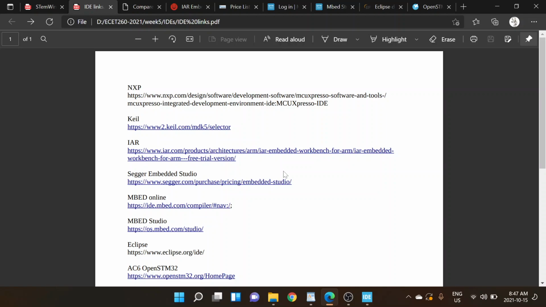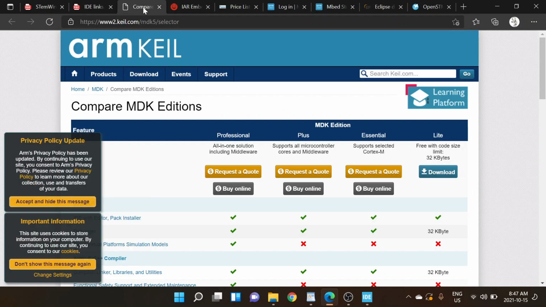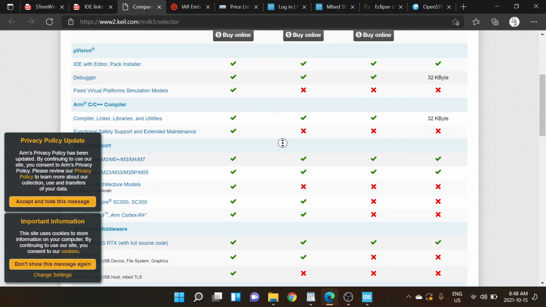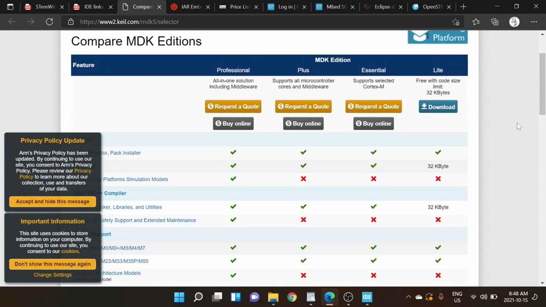And then you point Keil or AC6 or one of these other development environments at the generated code and use it to compile it. So they've given you choices. Keil is by the ARM people. And if you look at Keil, anytime they say just request a quote for prices, it's kind of expensive,